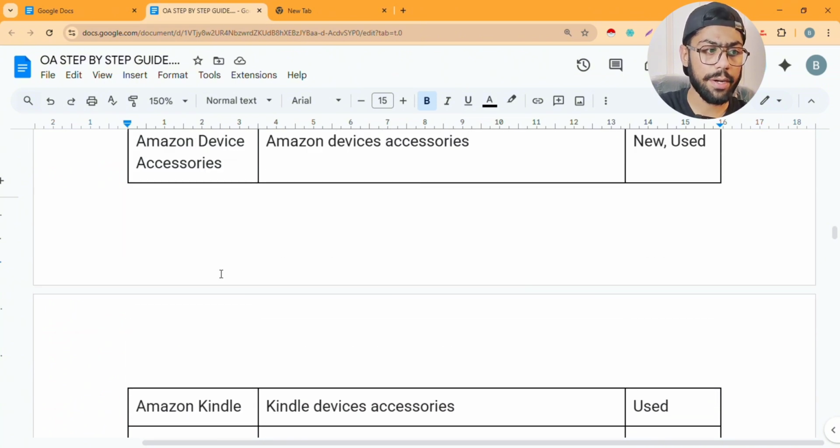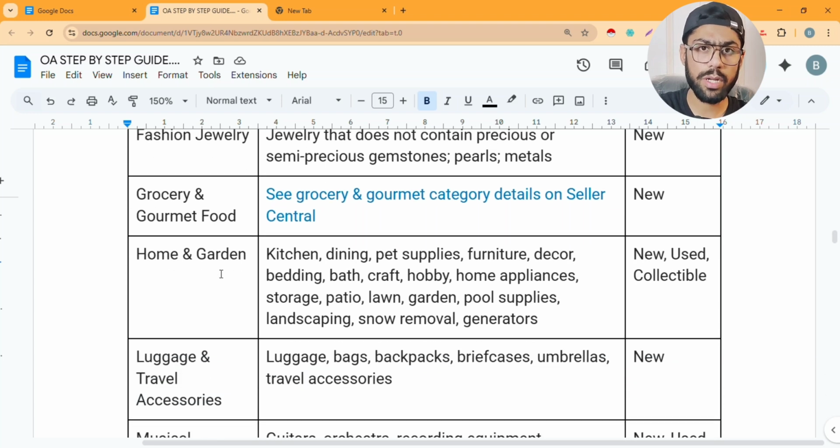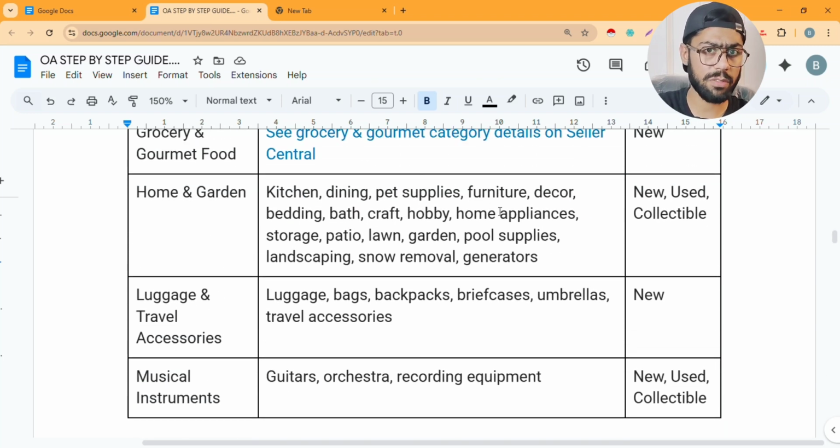So these are the ungated items, especially in grocery and food, or home and garden. You can sell sports items and other specific items, kitchen items. You can easily resell them on Amazon after checking if it's eligible for you or not. Okay, so I hope this